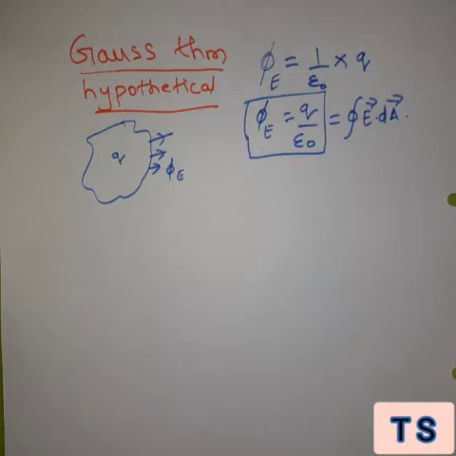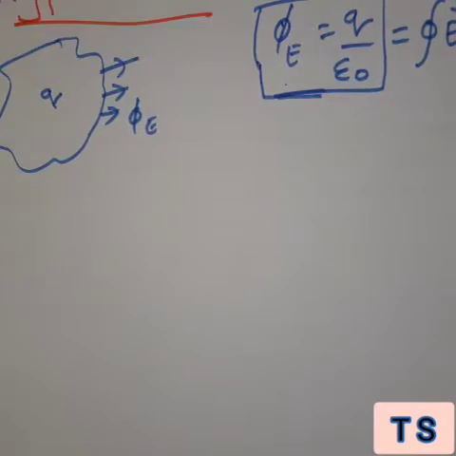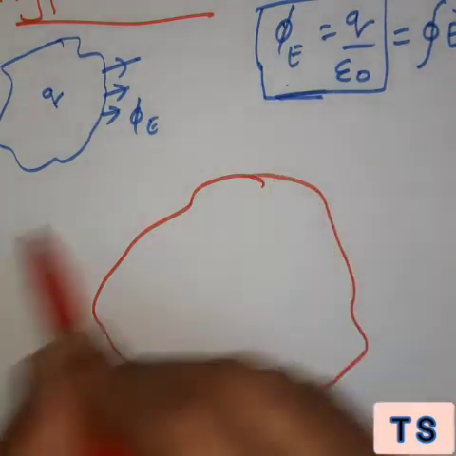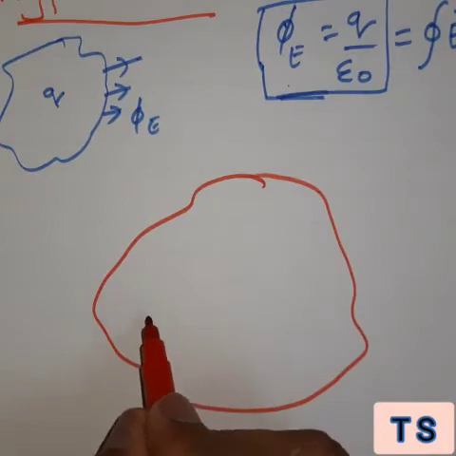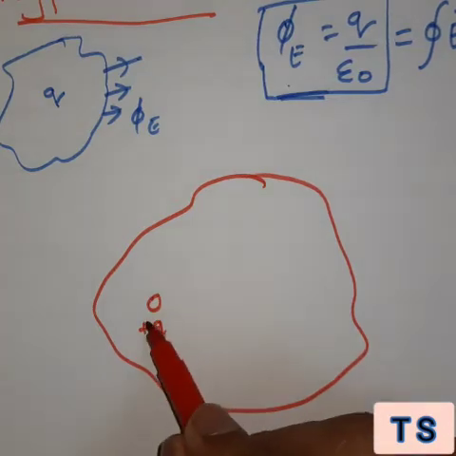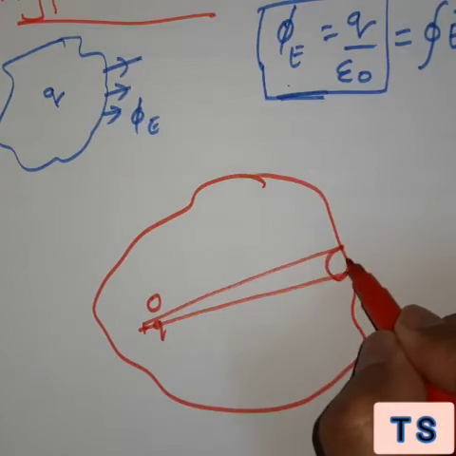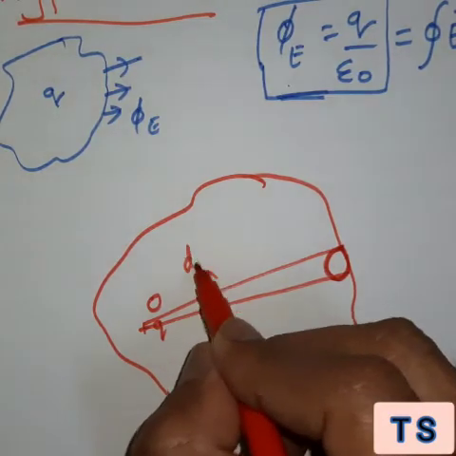Let us derive this equation, that is phi E equals Q by epsilon naught. Let's say that I have any such arbitrary surface, and let's say that the surface is something like this. It's a three-dimensional closed body, and let's say that my charge is plus Q, which is at point O, which makes some conical angle over here. Let's say that this is my angle, which is very small, and this is d omega.